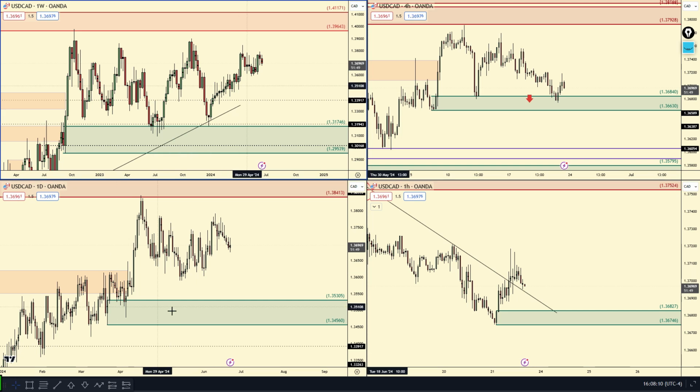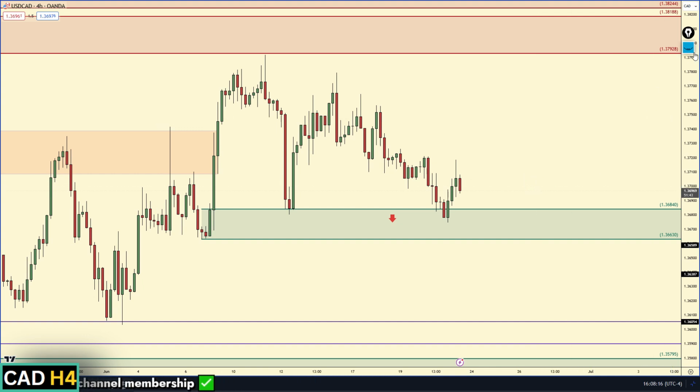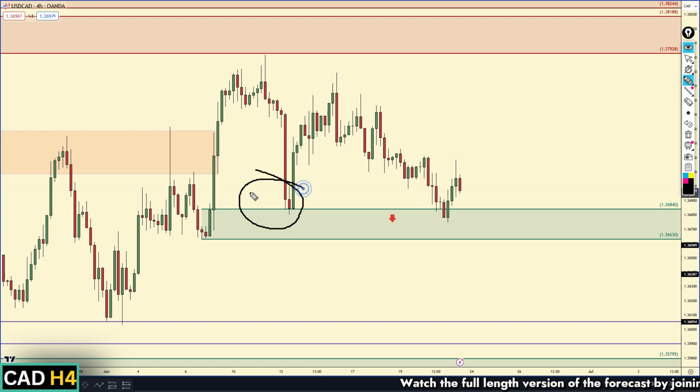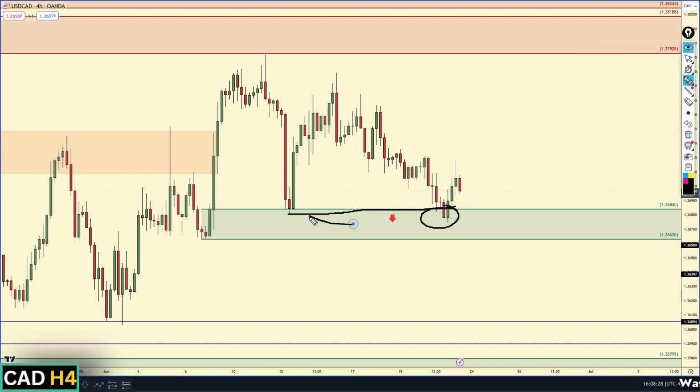So unfortunately, there's nothing to go off of on the daily or the weekly chart, so we pretty much have to focus on the 4 hour chart and the 1 hour chart. Now, we did have this 1 hour demand zone. If you guys watched last week's forecast, you know we caught a beautiful trade off of that 4 hour area demand. Now we're coming in for the second test, and you've noticed we broke clearly below the previous test,